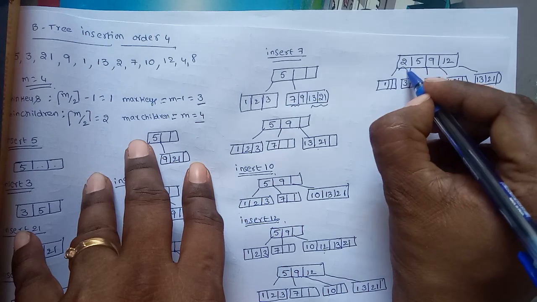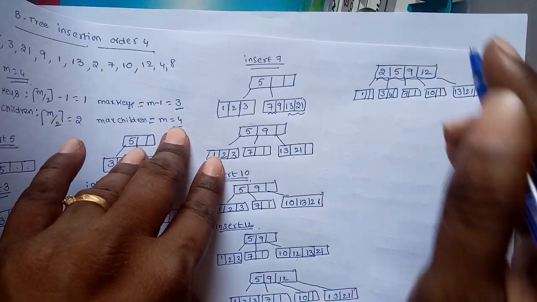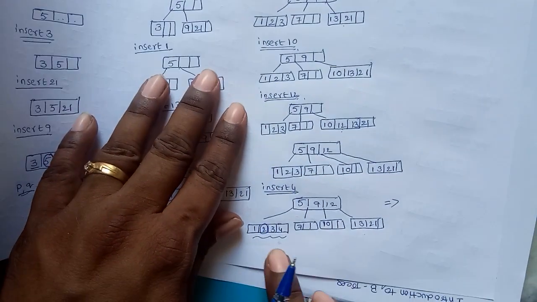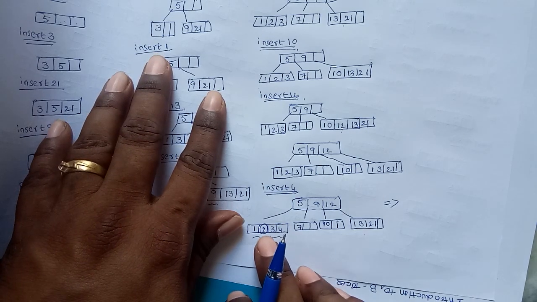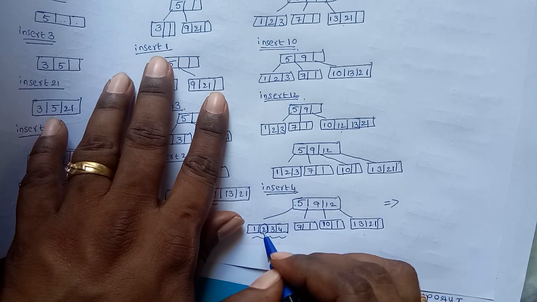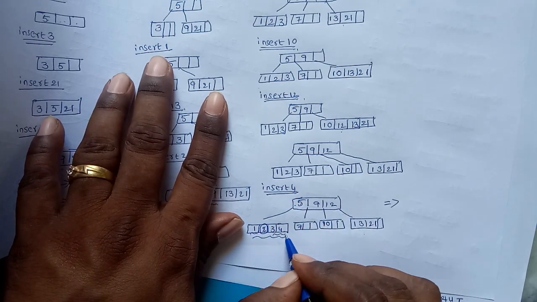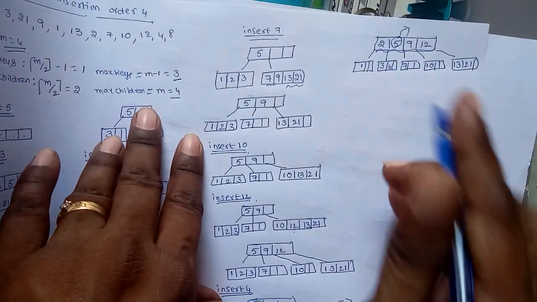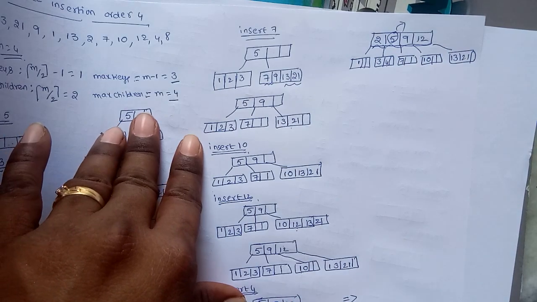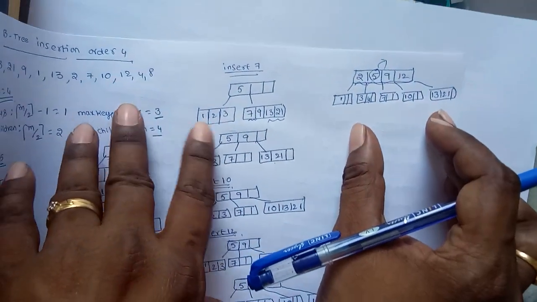But observe this one, here it also violates the property. Again move 5 to the root. Okay, first 1, 2, 3, 4. After this it violates the property. Whenever it violates the property, move this element to the root. Whenever we are moving this element, this part is the left child for 2 and this part is the right child for 2. So I am simply placing 1 as the left child, 3, 4 as the right child. For the remaining tree, the entire thing is placed as it is.